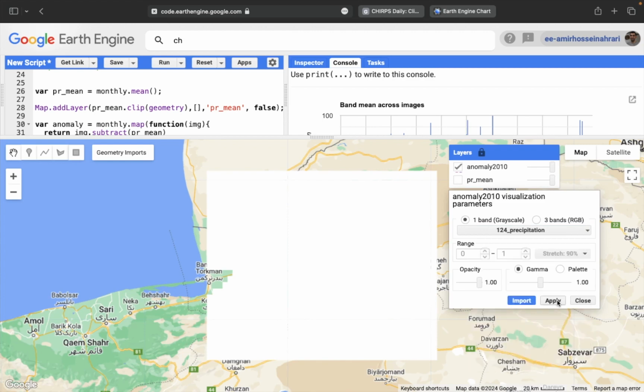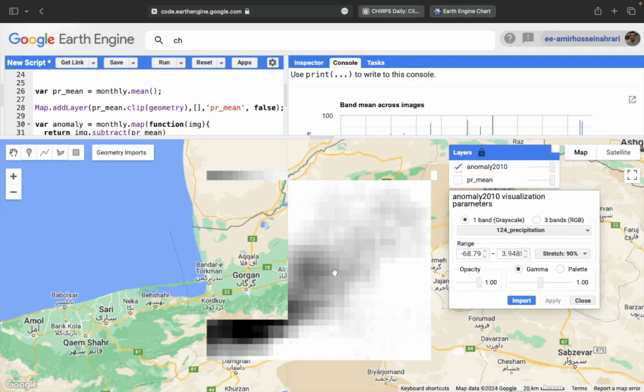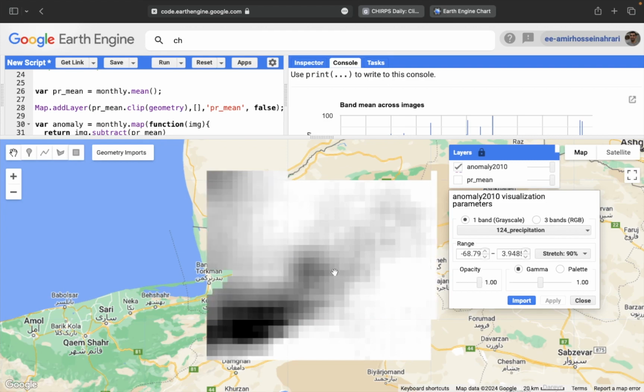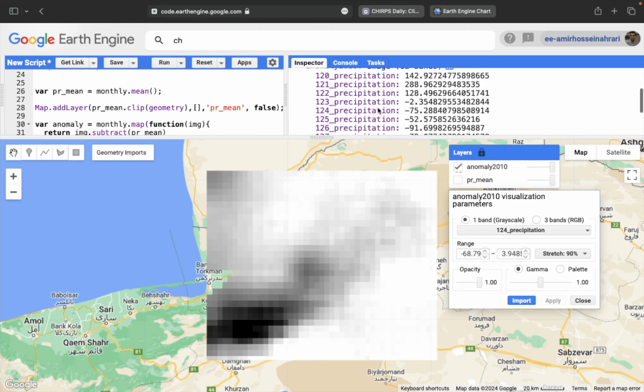through the stretching technique by 90%, I will increase the contrast. So in the output, you can see that the values range from positive to negative values. The darker region usually has the negative values. For example, this region in Anomaly 2010, you can see that this image has minus 75. It means the rate of precipitation in May